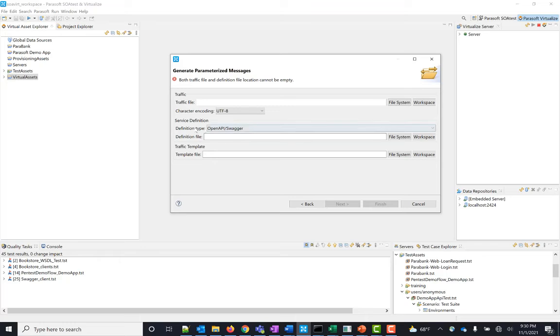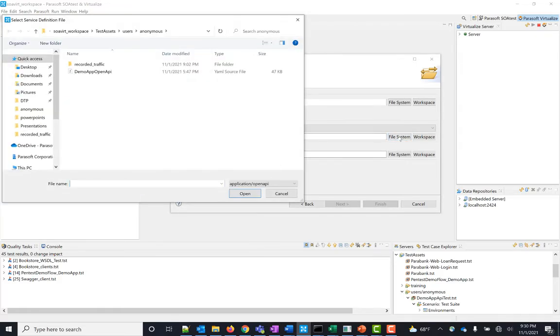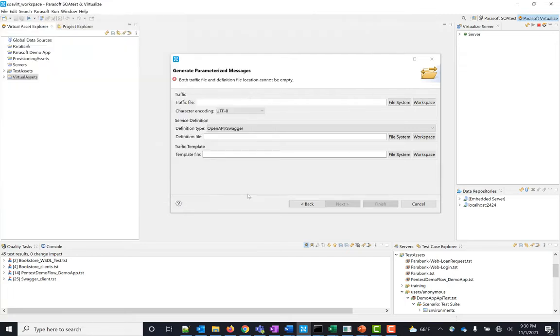And here, my definition type says Open API Swagger. Now, normally I could provide a traffic file if I had that, and it would generate this whole thing according to that traffic file. But if I didn't have a traffic file, I would use my Open API Swagger file. So I'll just select that and select my Open API file and click OK.